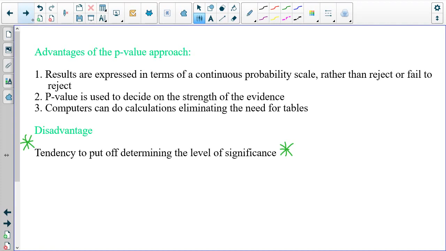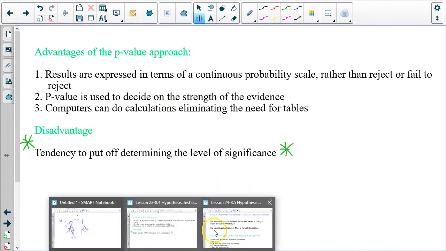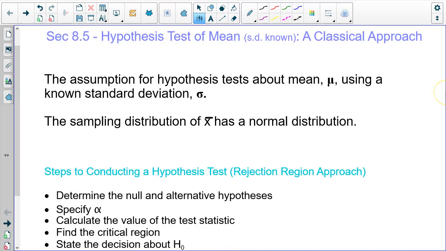So you have to be careful. It's not a good thing to try to be sneaky and say, "Ooh, I'll just do it at the end," because then, it means it's not credible. You know what I mean? Does that make sense? All the other reasons, though, are why the p-value approach, it's a good thing, but that's one for why it's not a good thing. Okay, there's something else called